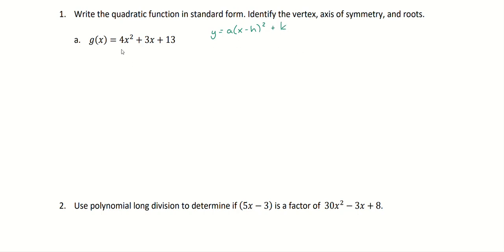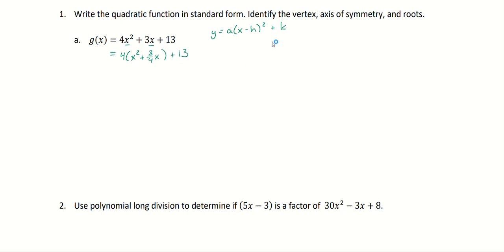Now, in getting to this, our first big piece is we want to make sure that this is a 1 on my leading coefficient. So it feels odd to do sometimes, but with these two pieces, I'm going to be able to make a perfect square trinomial, but I'm going to require that we have a nice 1 as a leading coefficient here. So let's go ahead and factor out a 4 from just these x terms. Now, it's going to look ugly for a second,